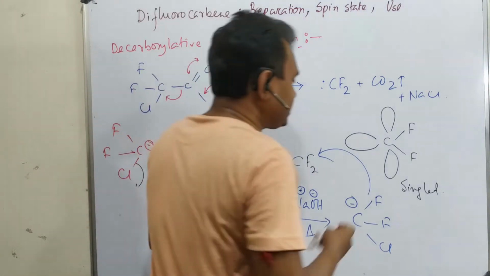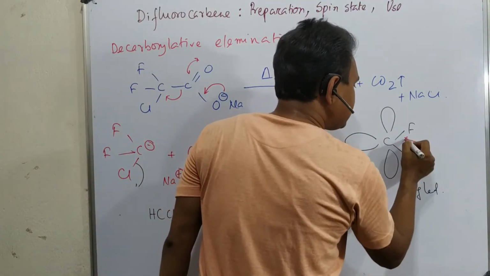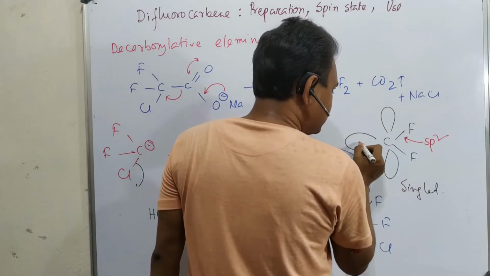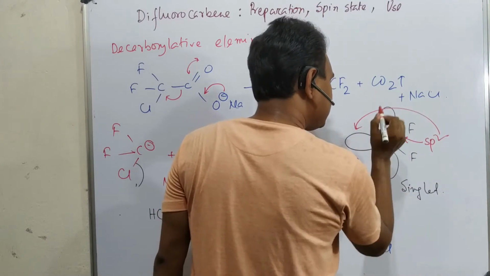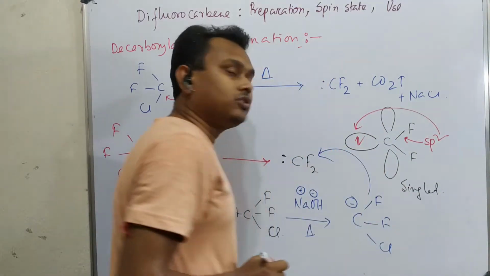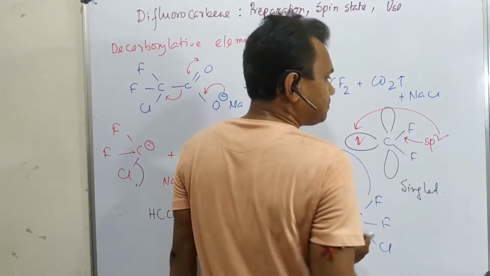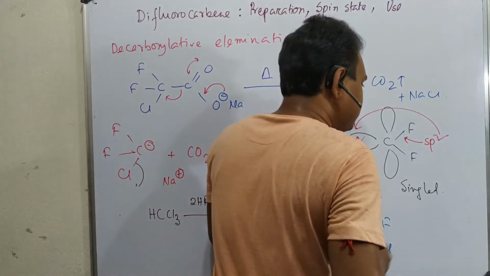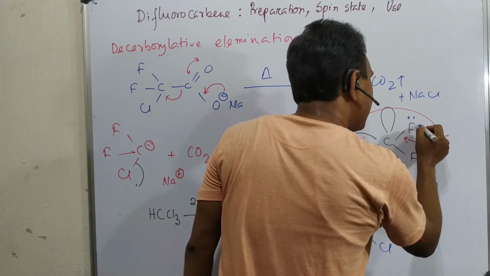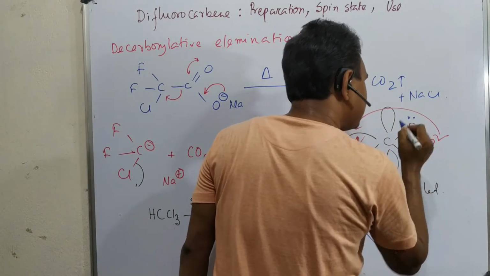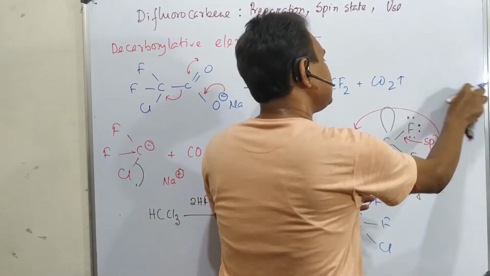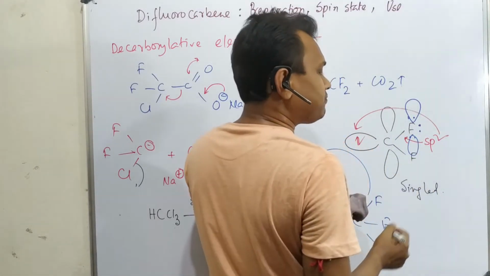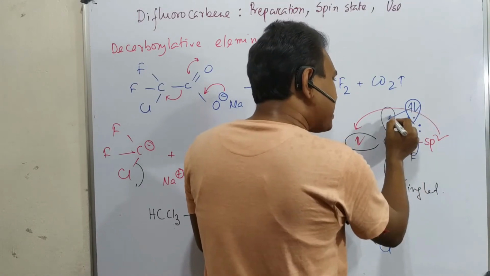And if you look very closely, this carbon is actually sp2 hybridized. So this is the sp2 orbital, and here the pair of electrons remains, and this is the vacant p orbital. Now how is this carbon stabilized? Please remember always that these halogens each have 3 pairs of electrons. It means there is a p orbital, and this is actually a filled p orbital. So it's back bonding.